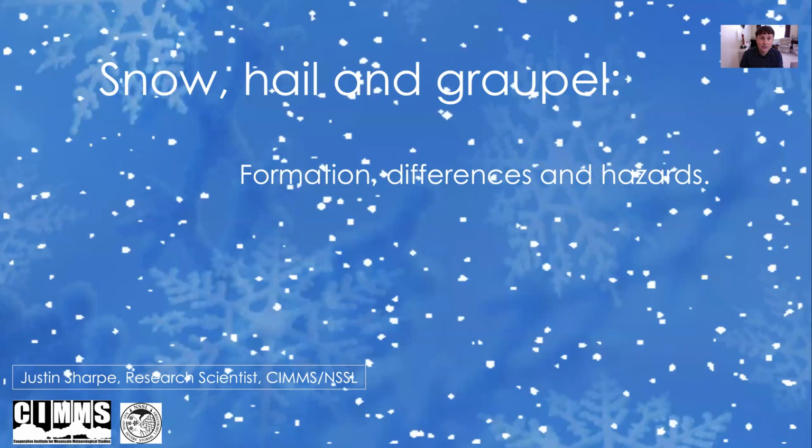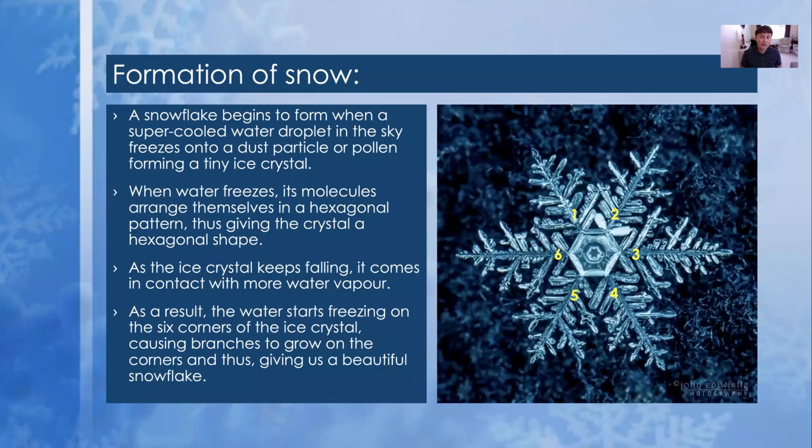can be very dangerous. So we're going to start off with the formation of snow, which is rather fantastic and rather strange to think about in the middle of the summer, like why we're talking about snow. So let's actually think about it. A snowflake begins to form when you get a supercooled water droplet in the sky. And what it does, it goes around a little nucleus of either pollen or dust, some tiny, tiny particle that's very difficult to see. Well, the water droplet goes around that, but actually in the sky, it slowly freezes because